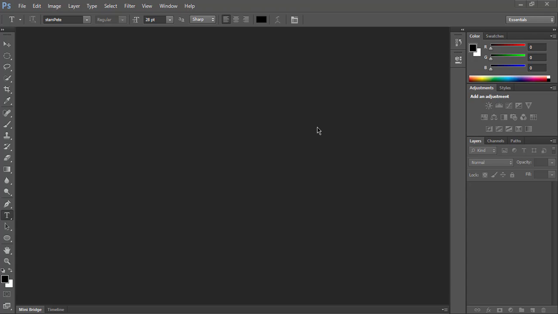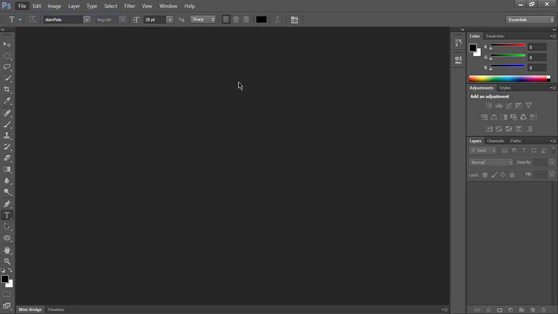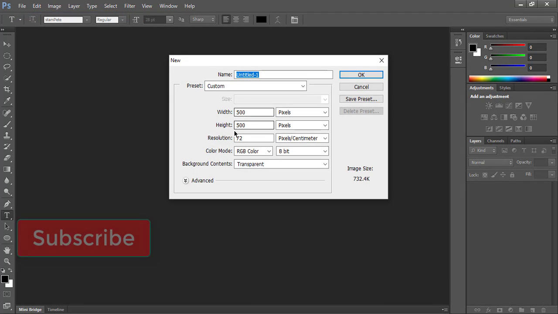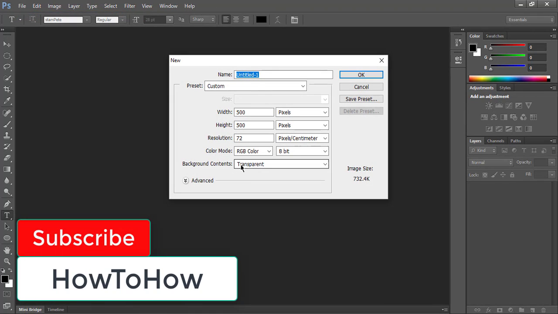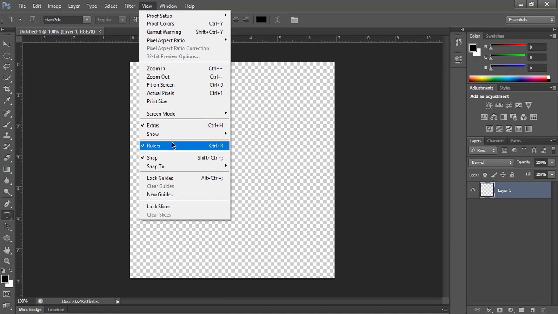So let's start. First of all, we will go to File, Create New. We will adjust the width, height, resolution, and we will select the background content to transparent. Click OK. Now go to View and enable rulers. I have already enabled it, but if you don't see it here, then you can go to View and enable